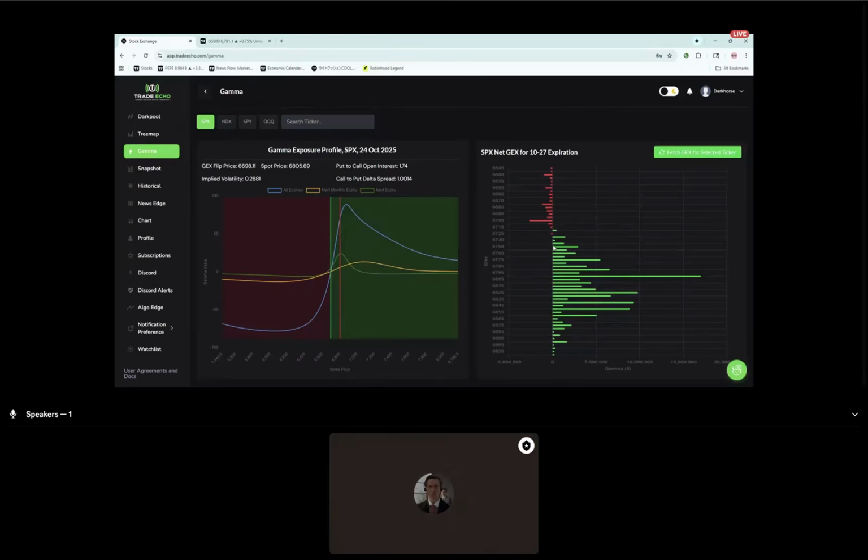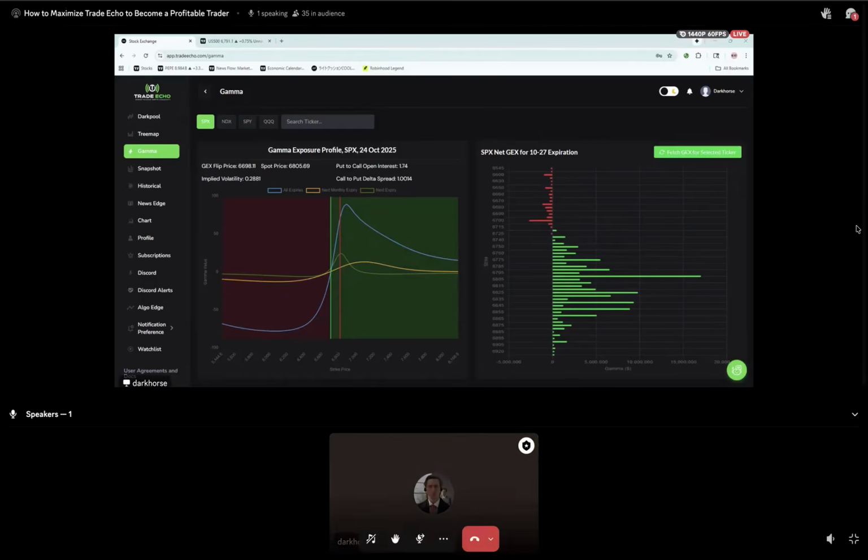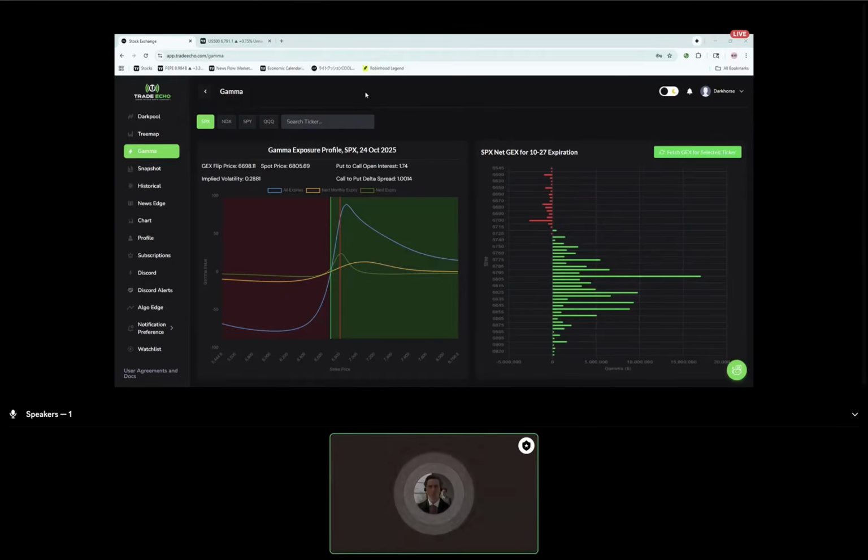Another thing is, if price is falling down and then you see a gamma wall, right, a huge gamma wall, that's a good level of support there. So say this was right here and we're falling, that would be a good level of support because it'll bounce from that price, right? And then now they'll let it